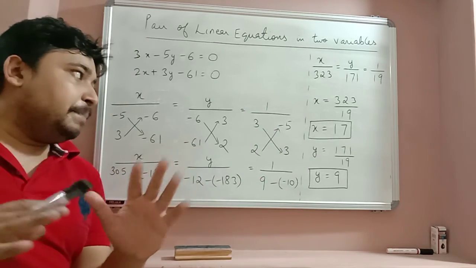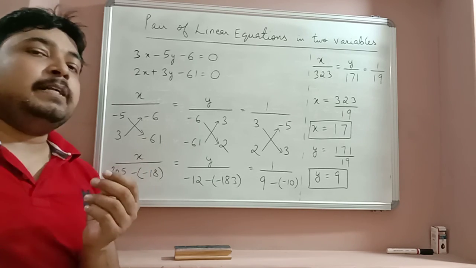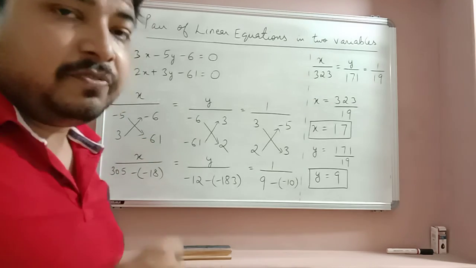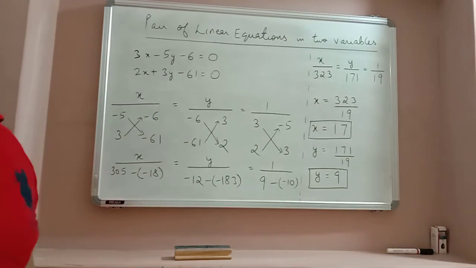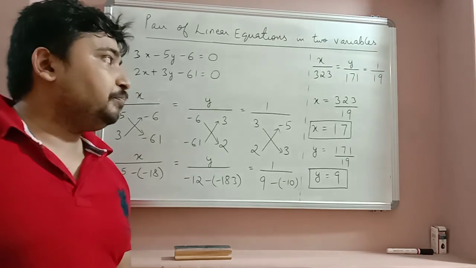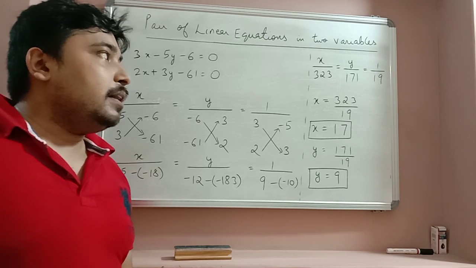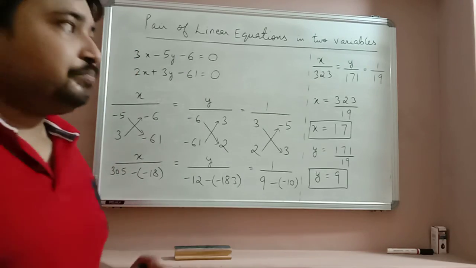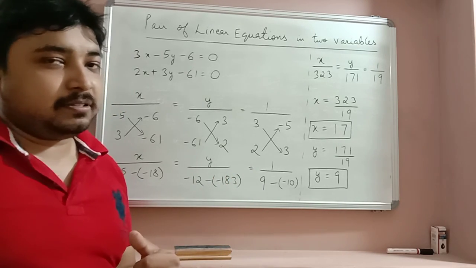So we have completely covered the elimination method and the cross multiplication method, and we have already covered the substitution method in the previous video. So this completes all the algebraic methods of solving linear equations in two variables. Next we will take up the graphical method, and we will do the other topics that are the consistency of the equations and equations reducible to linear equations in two variables.